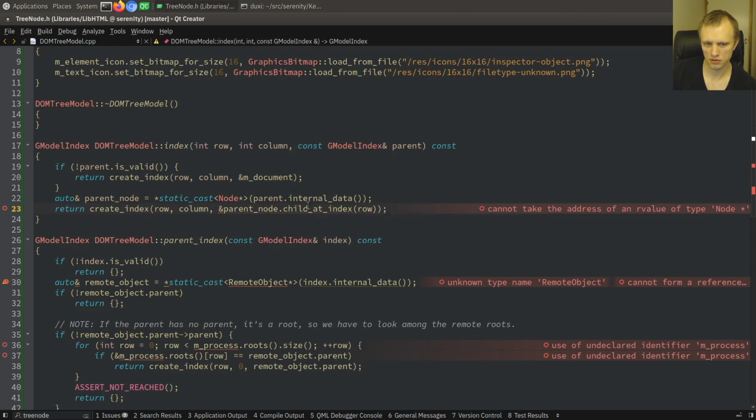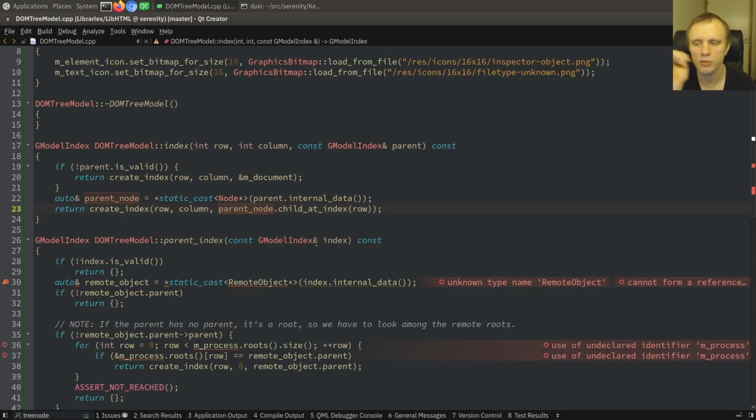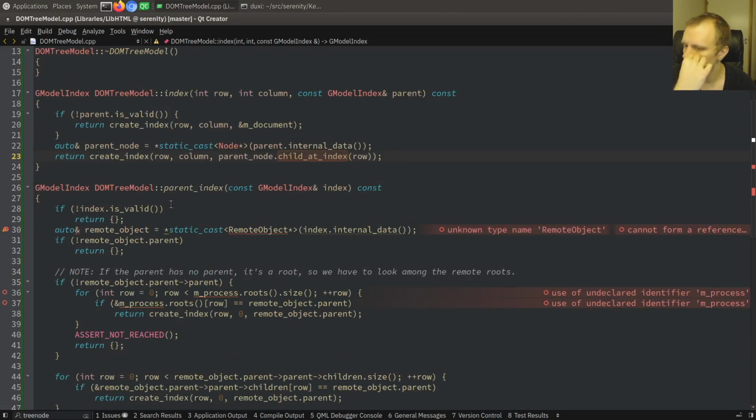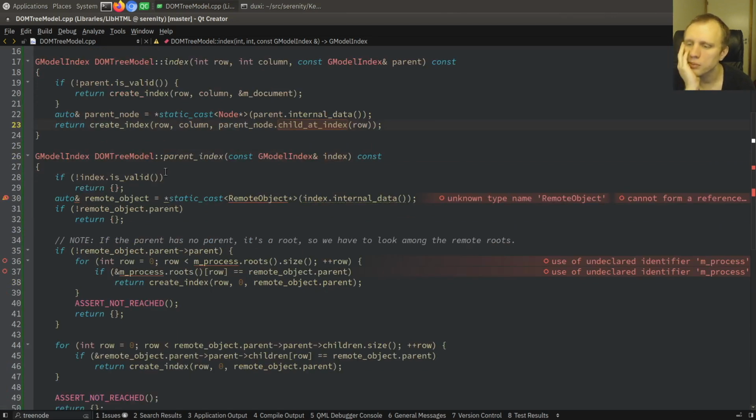Wait, child at index. Oh, right, yeah. We don't want to take the address of it, it's already a pointer. And then finally, to compute the parent index of something: if we are at the top level, if the index is not valid, then the parent index is also not valid, right? But here,